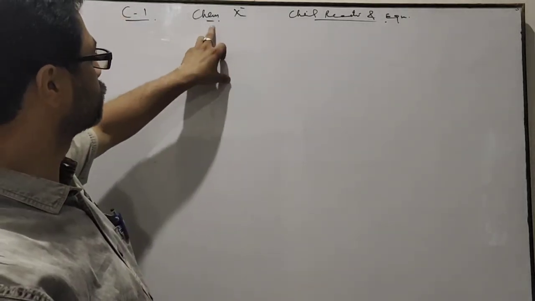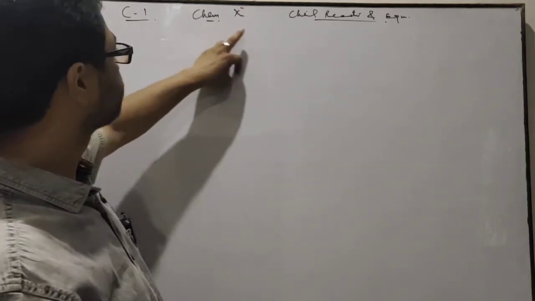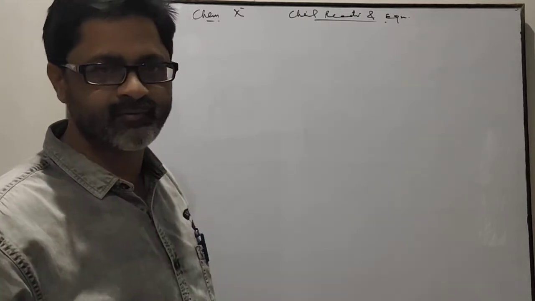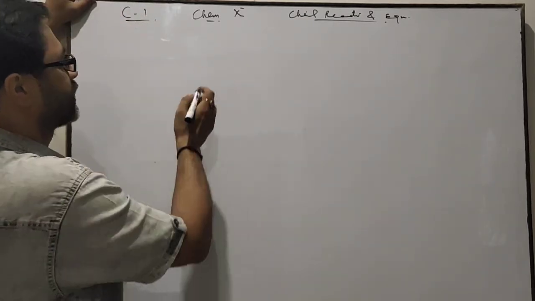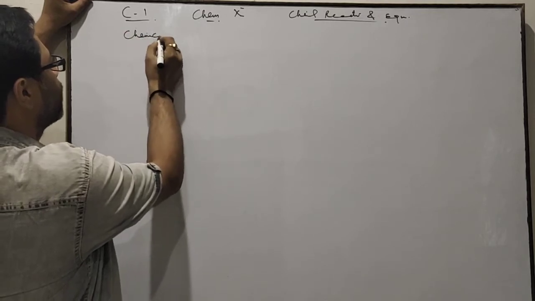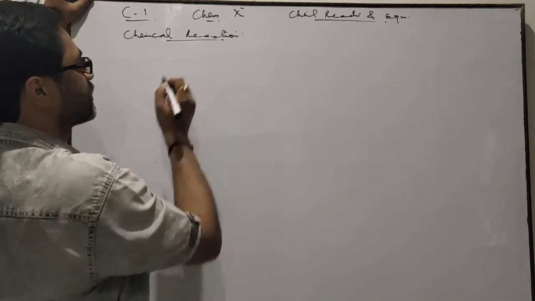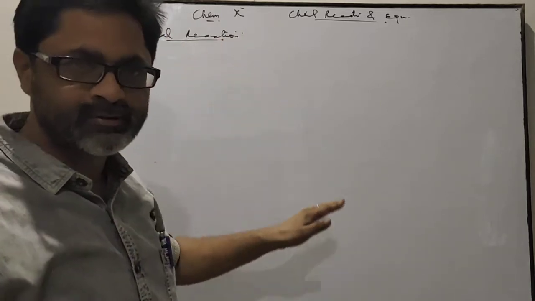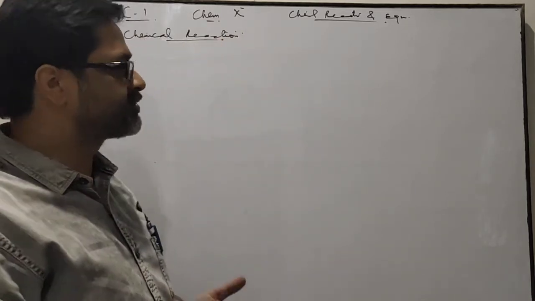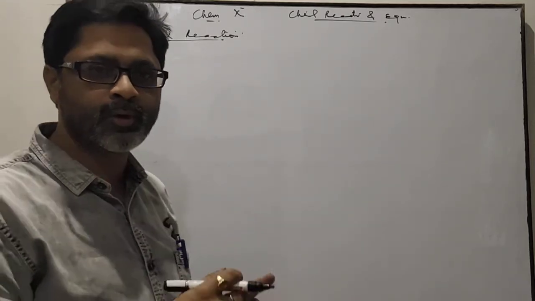I am going to teach you chemistry for class 10th. This chapter 1 is chemical reactions and equations. In this chapter, first of all, I am teaching you about what is chemical reaction. What is chemical reaction? That process, that change in which a totally new substance is formed from two or more